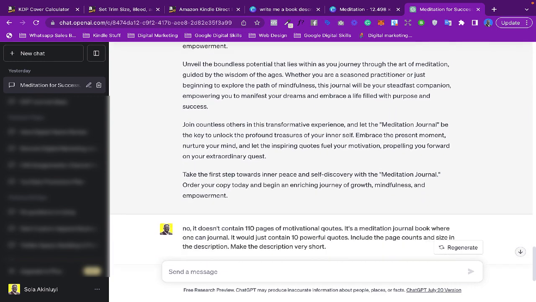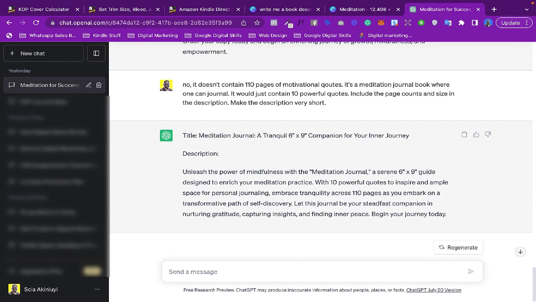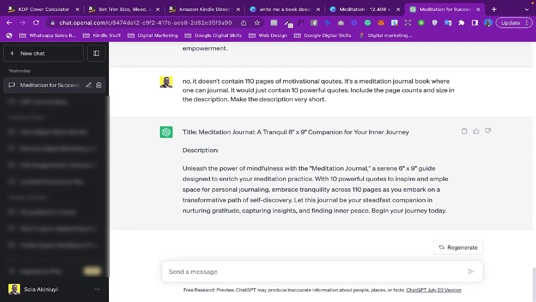I didn't like that, so I told it no. It doesn't contain 110 pages of motivational quotes. It's a meditation journal book where one can journal. It will just contain 10 powerful quotes. Include page count and size in the description. Make the description very short. So I told ChatGPT to write that, and ChatGPT came up with this, right? So I feel like this is really simple, and I could just use it by the time we're uploading our